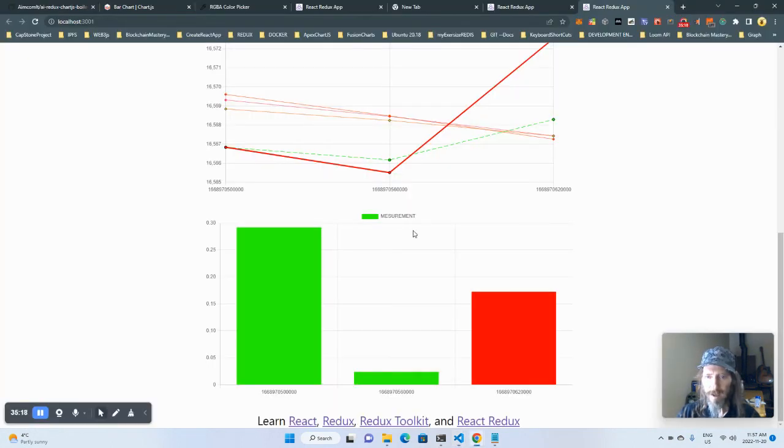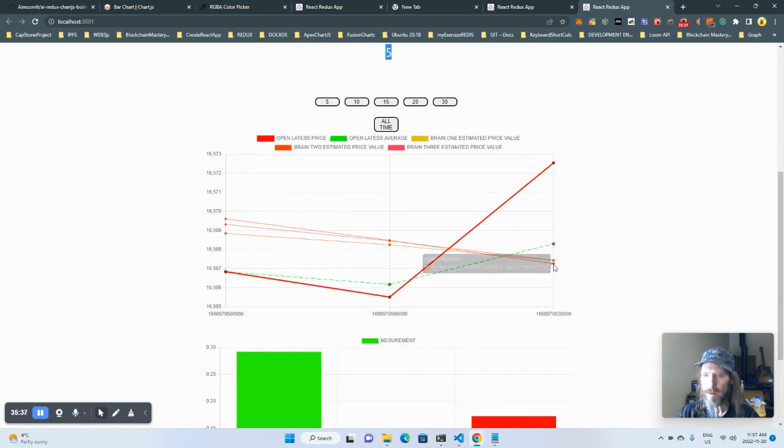we now have a bar chart that's measuring the distance between brain number one and brain number two. They're swapping. Brain number two just swapped down under brain number three here. And there's still things we can do with brain number three. But for today, that was